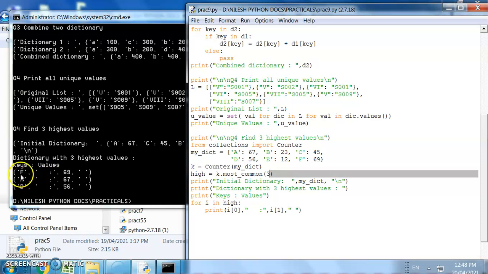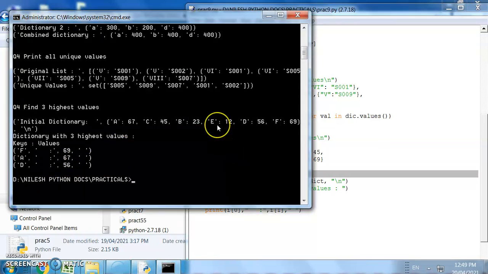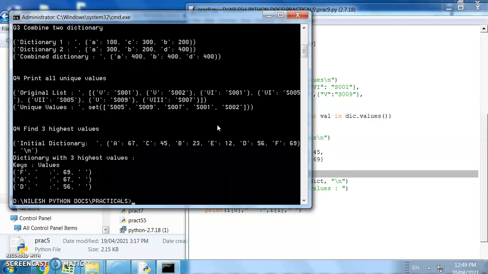So this is the key, and this is its value. So f is having the highest value, that is 69, it's going to be printed. Then a is having value 67, it is going to be printed. Then d is having the next highest value, that is 56, it's going to be printed. So like this all the operations are going to be performed. Okay, so this is related to the dictionary. So see you guys, only that many operations belong to the